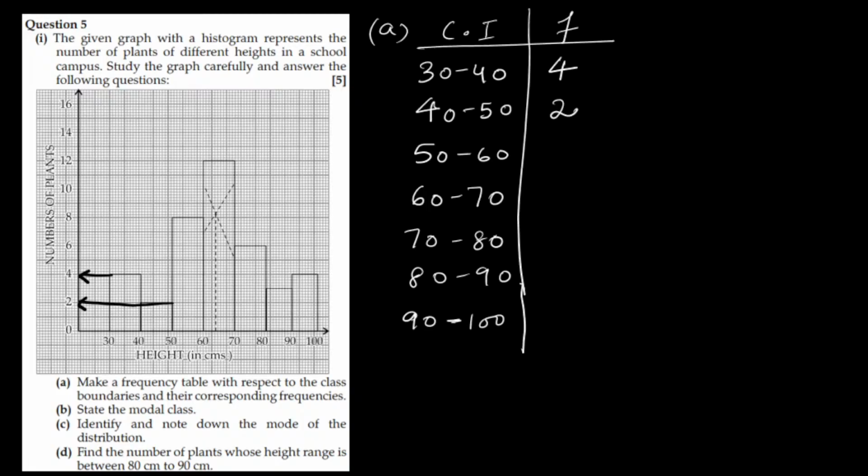Now 50 to 60, so you have to see the highest point of the bar, and corresponding to that, the value on the y-axis you have to write down. So 50 to 60 is 8, then 60 to 70, opposite point, if you see, it is 12, then 70 to 80, just opposite, if you see, it is 6,